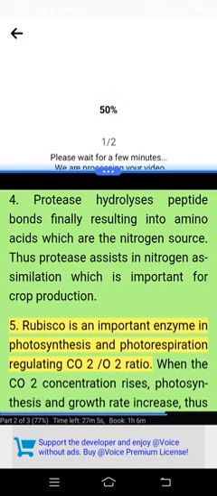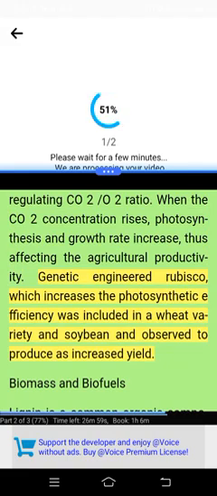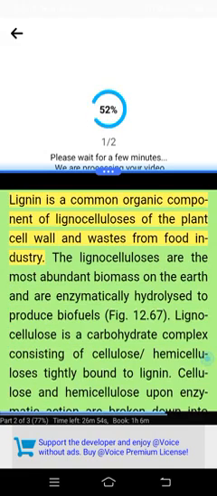5. Rubisco is an important enzyme in photosynthesis and photorespiration, regulating the CO2-O2 ratio. When the CO2 concentration rises, photosynthesis and growth rate increase, thus affecting agricultural productivity. Genetically engineered Rubisco, which increases photosynthetic efficiency, was included in a wheat variety and in soybean, and was observed to produce increased yield. Biomass and biofuels. Lignin is a common organic component of lignocelluloses of the plant cell wall and of waste from